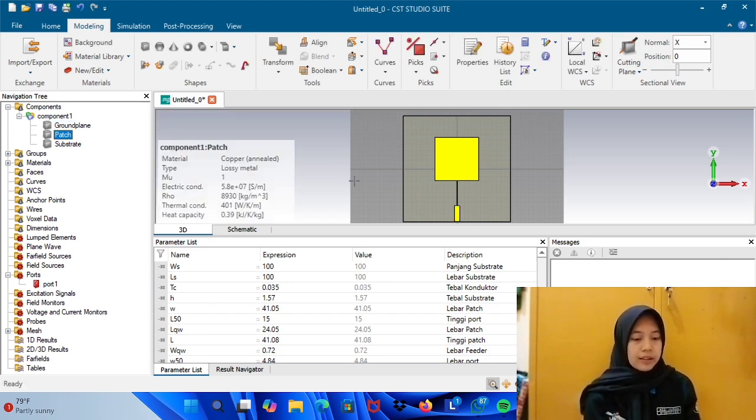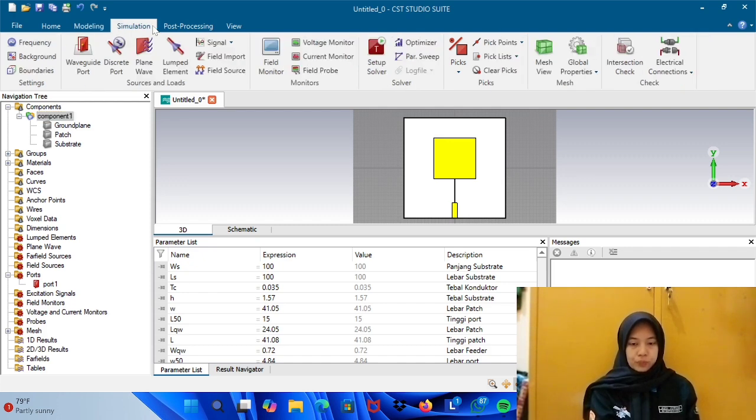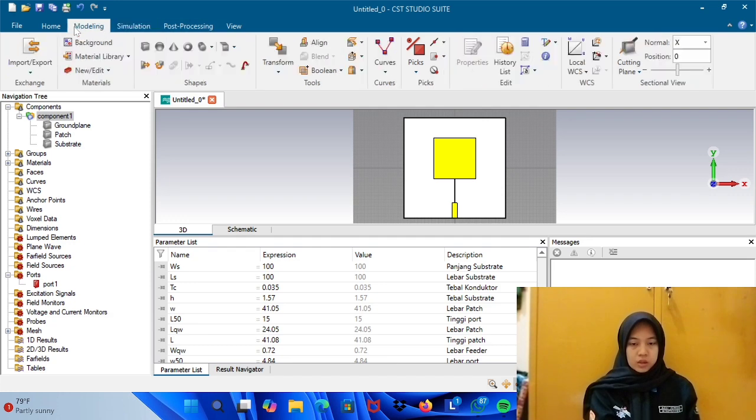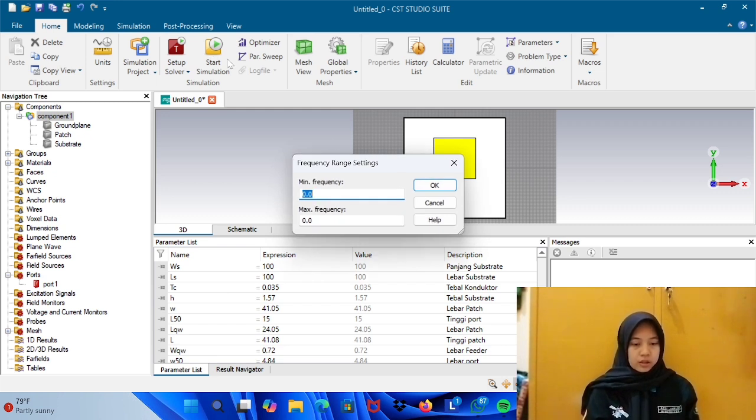Enter. Okay. Next step, set the simulation parameter. Select the solver, frequency domain, or time domain depending on the requirement. Enter the simulation frequency as 2.4 GHz. Afterwards, start the simulation by clicking Start Simulation. Okay. You can click Start Simulation.